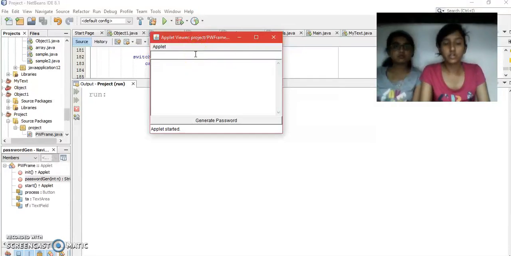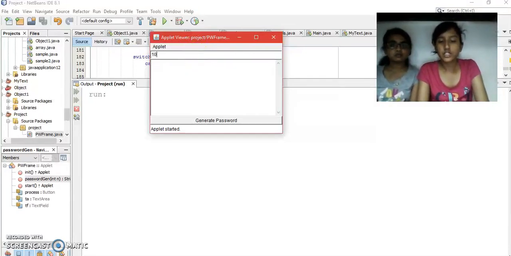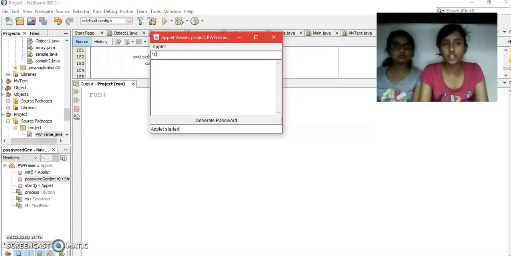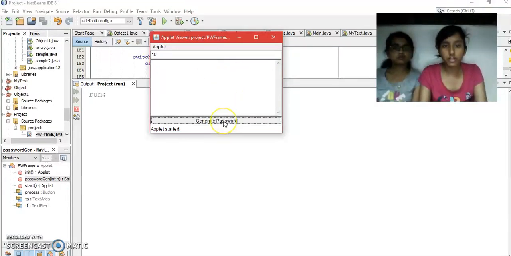So when I click here, it goes off, and I give 10 as the length of the password to be generated. So when I click generate password, you can see a password with a combination of numbers, alphabets as well as symbols is generated with the hyphen, which is the final password, in order to make it easier to understand.